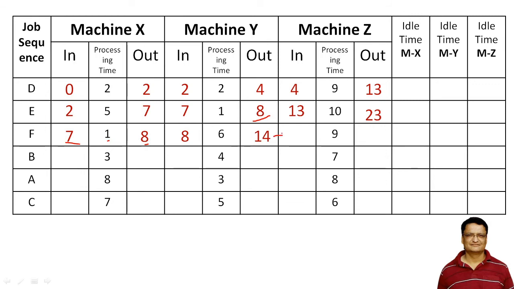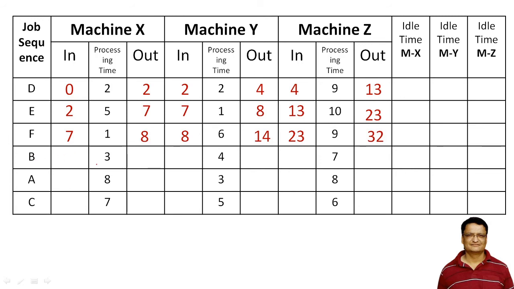Now you cannot enter this 14 directly over here because you need to have this value to be taken over here. Now here is a shortcut to understand how this works. What you have to consider is what is the maximum value out of these two things. So this is the 23, this is the 14. So what is the maximum value that you need to put over here, right? Okay, so this is the small trick. So out of these two, I will put 23 over here. So 23 plus 9 will give me 32.